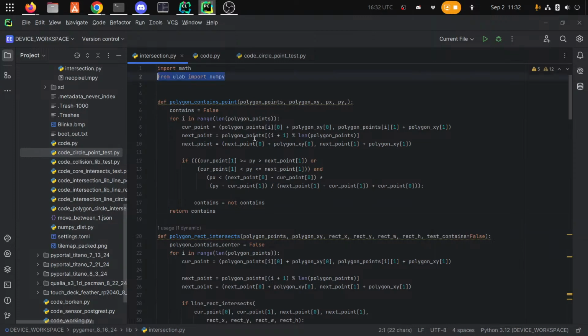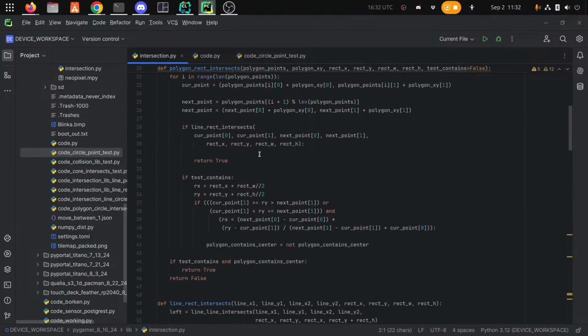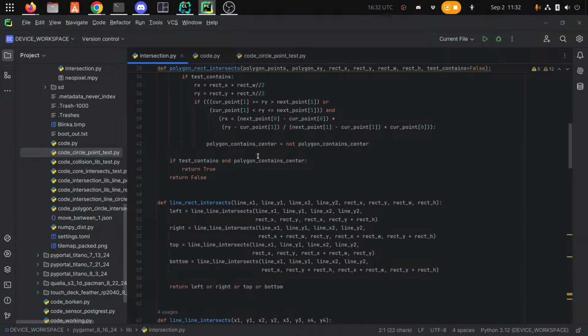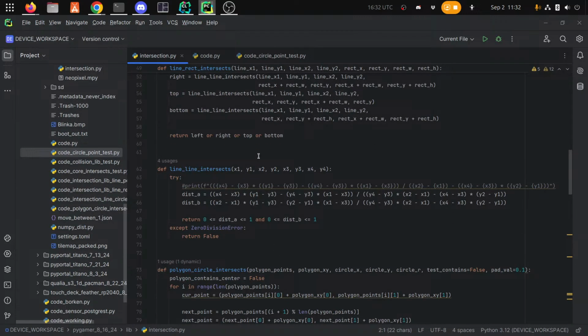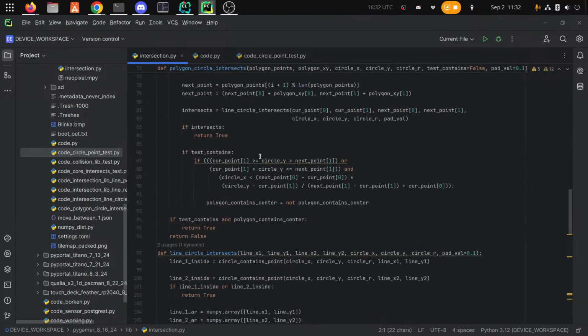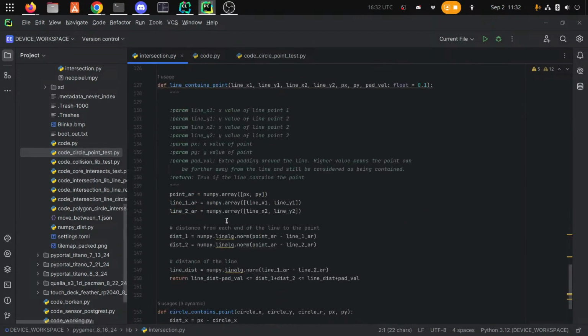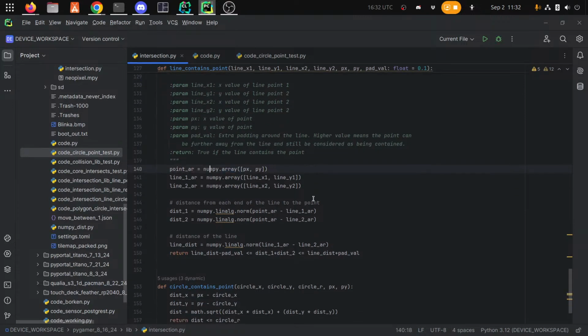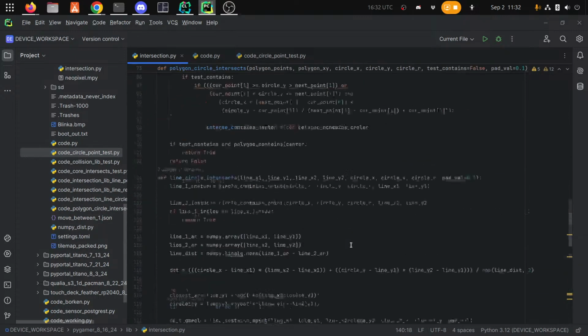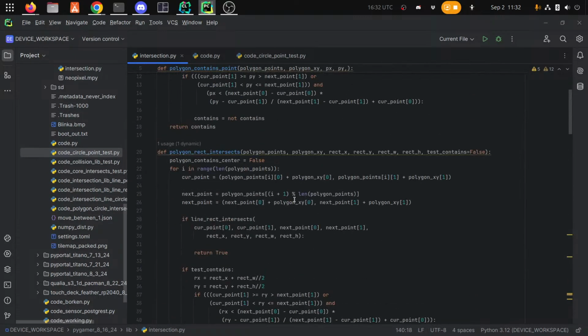Some of these are a little crazy though. Some of them do venture into NumPy territory, like when was it? It was line and point, I think, right? Line contains point. So this is doing some NumPy type stuff here. I don't know how easy this will be to do from inside the core, but we'll have to cross that bridge when we get to it. I'm going to start with some of the easier ones. In fact, I'm going to start with